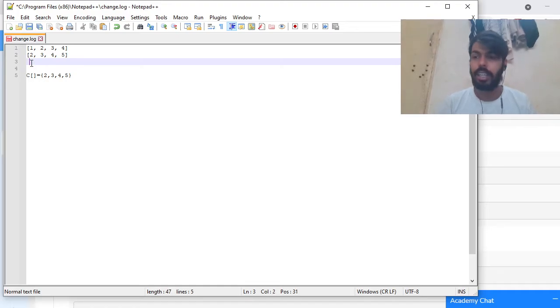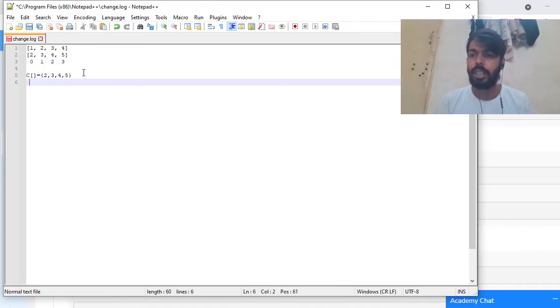Suppose i is 0, 1, 2 and 3. So the maximum at index 0 was 2, at index 1 was 3, at index 2 was 4, and similarly at index 3 was 5. So I did this.